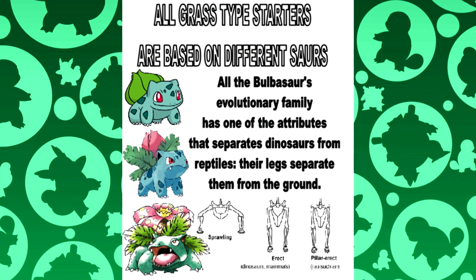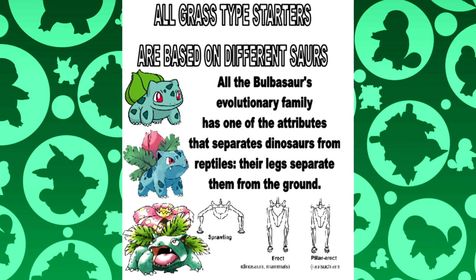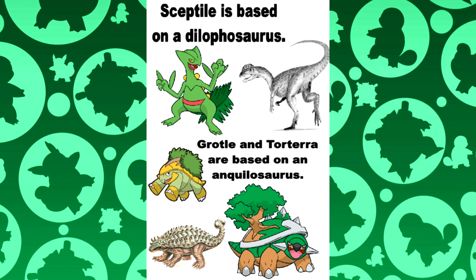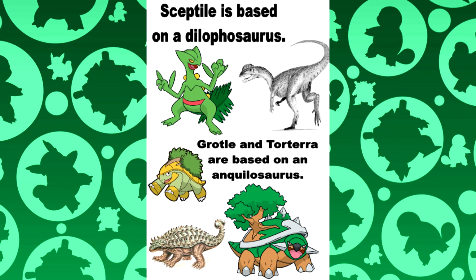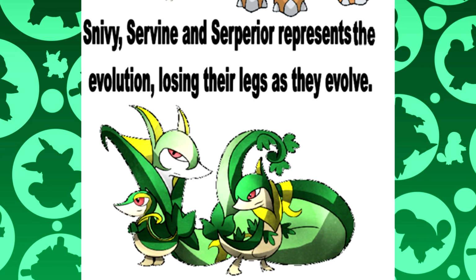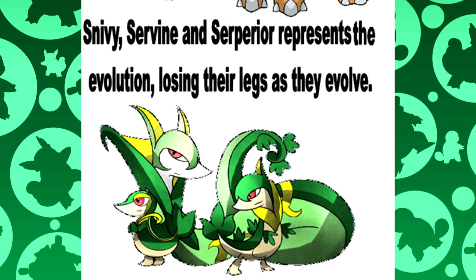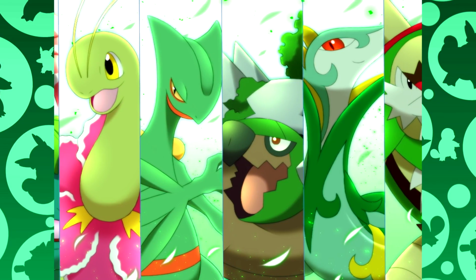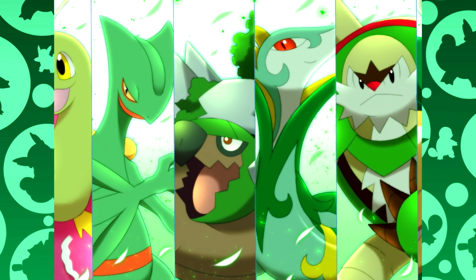Prior to Generation 5, the grass type starters were commonly believed to be based off of dinosaurs, as all of them had some aspect of the design or origins come in from the ancient creature. However, that all changed in Generation 5, as Serperior is definitely not based off of any dinosaur. But going through the list of starters, it would make sense if they were all based off an extinct species,